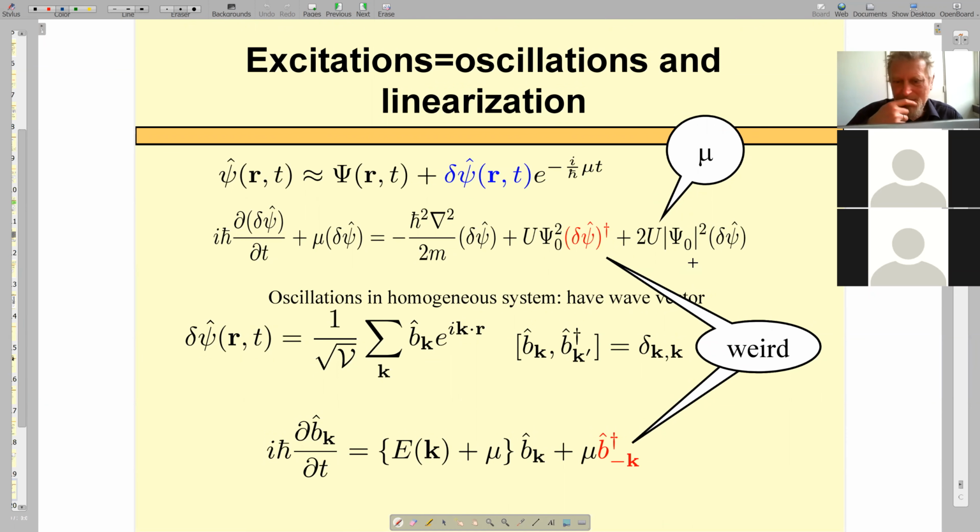Excitation is supposed to be a small deviation. So we take this main term, which describes still ocean, which describes amplitude condensate, and we add a small perturbation, which depends on coordinate and time. It can be a particle propagating somewhere. And we put it